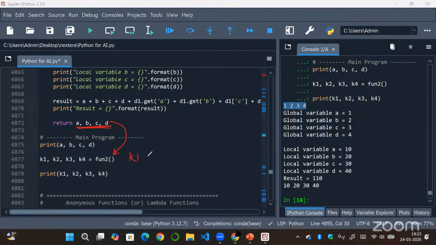So what happens here is, these are the local variables. So remember, local variables 10, 20, 30, 40. And the return values will be returned to wherever the function is called, that is fun2. So K1, K2, K3, K4 values will be equal to A, B, C, D. So the A value will be stored into K1 and the B value will be stored into K2,